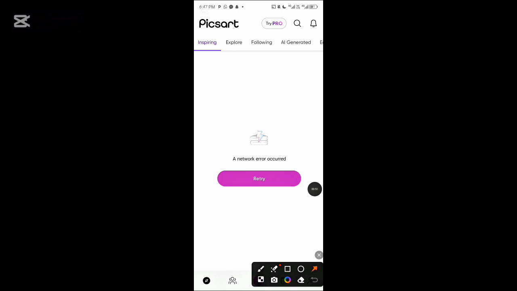Open the Picsart application. If you don't have it, go get it from Play Store. Click the plus icon at the center. The link to download this mockup will be dropped in the description below, or download any mockup of your choice